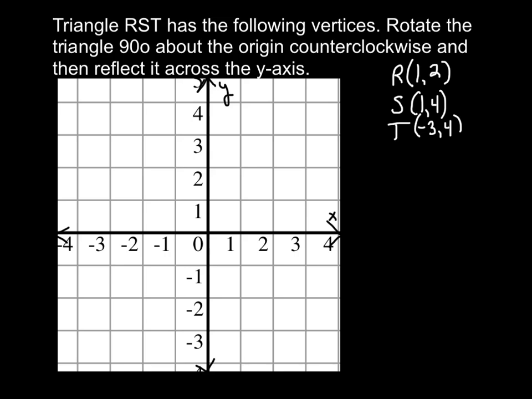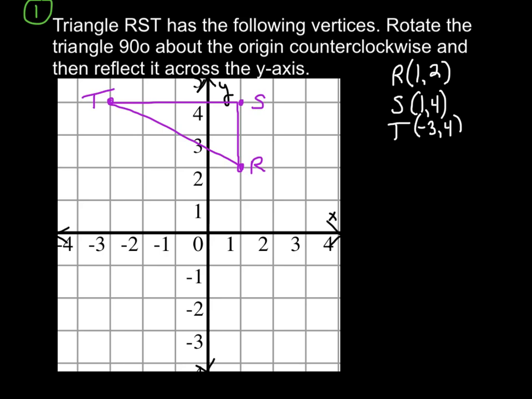In example 1, in section 12.4, triangle RST has the following vertices. Rotate the triangle 90 degrees about the origin counterclockwise, and then reflect it across the y-axis. So let's first graph our 3 points. I'm going to use purple. R is 1, 2, S is 1, 4, and T is negative 3, 4. I connect them to make a triangle. We now need to rotate them